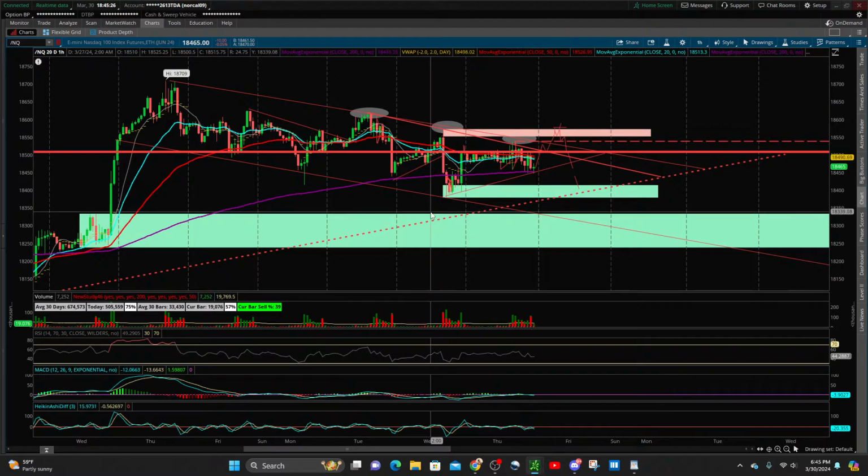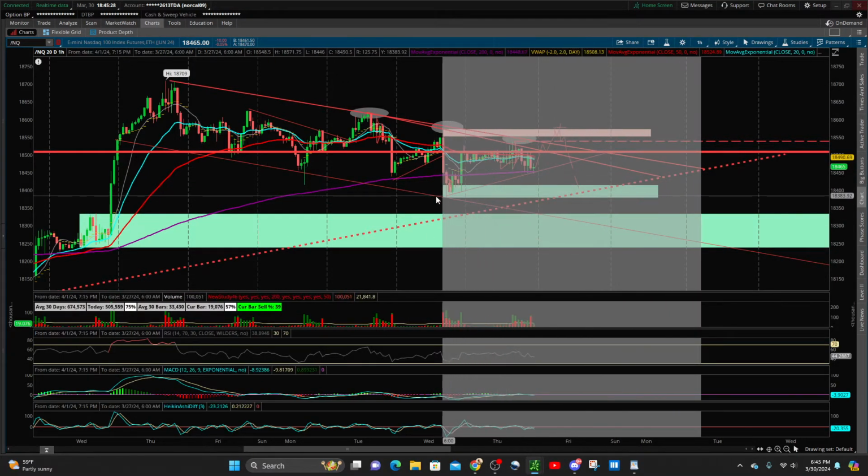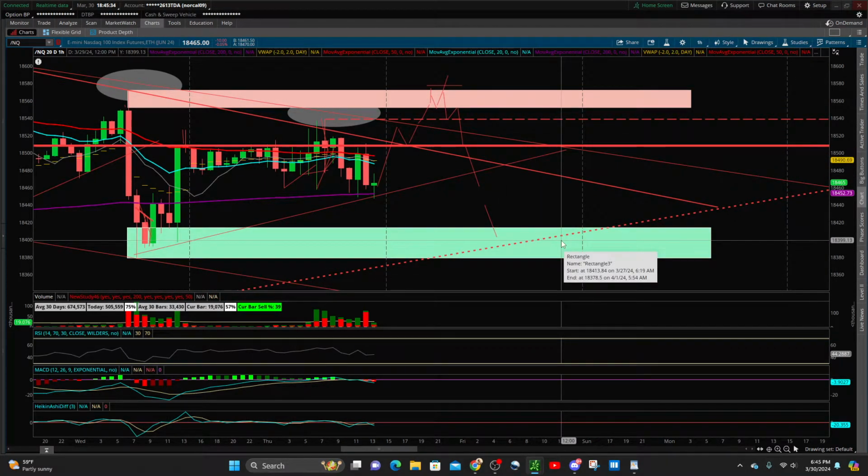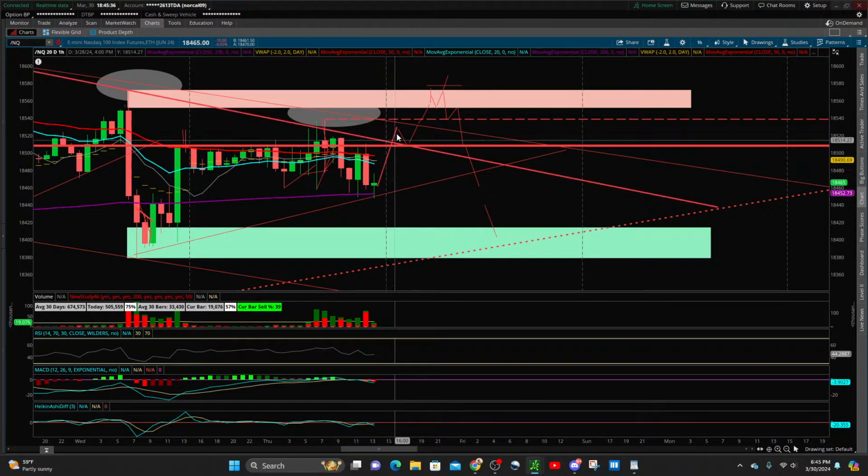So yep, those are the zones, and I would watch the supply and demand zones, and highly suggest not to diddle in the middle. Don't diddle in the middle of all this. This is just a bunch of junk,